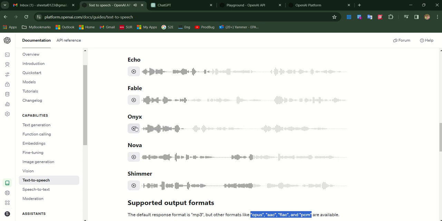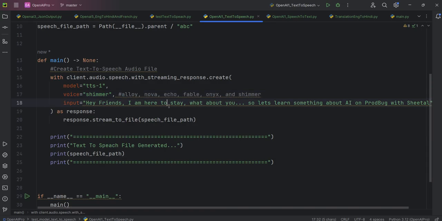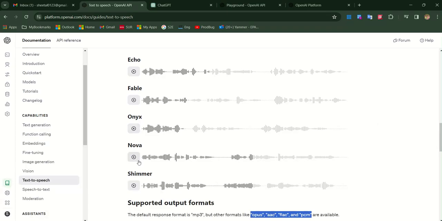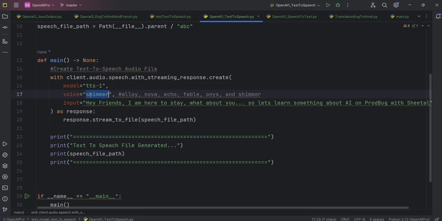Basically, they have given a few sample sets, so you can use any of the voices. Here we are using Shimmer. Whatever name you want, you just write that the voice should be Shimmer. These are the categories, and they will keep coming and changing from time to time. Right now you have a set of 5 to 6 languages in which the voices can